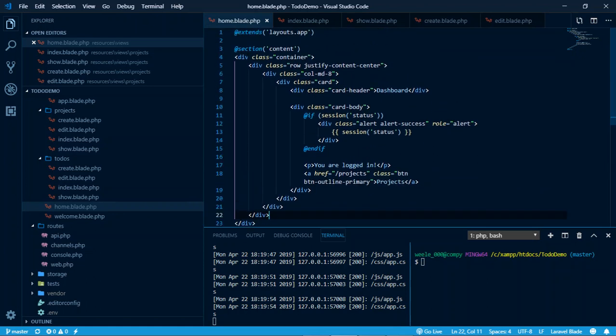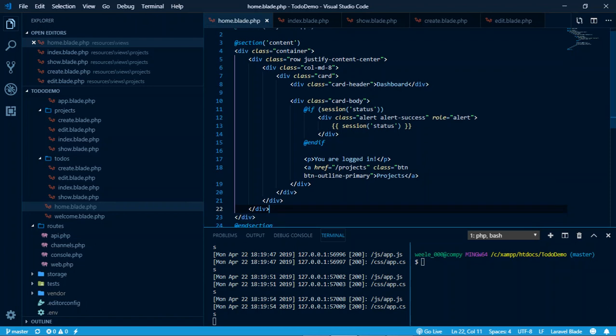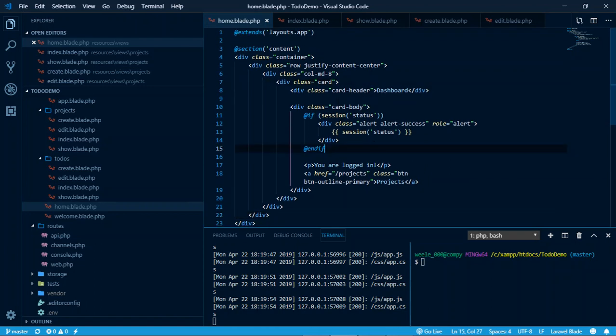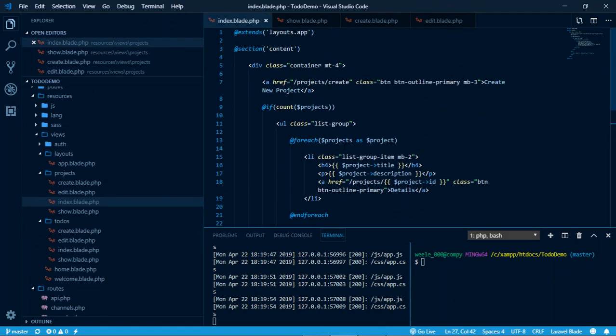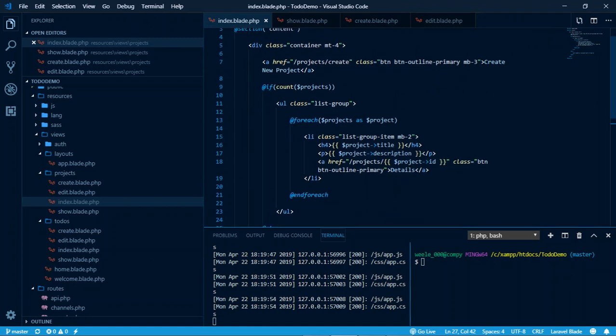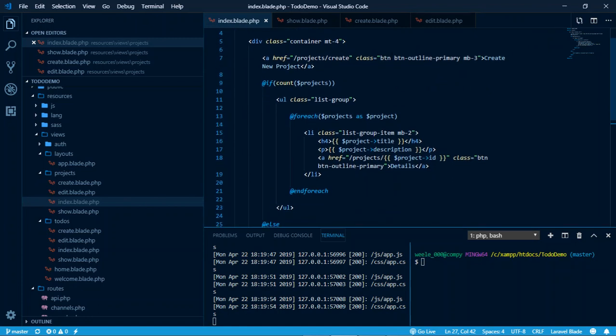but Blade syntax is really simple. So as an example, this is actually a bad example, we don't need to do this. This is the index of projects page. All right, and you can see we just did some basic Bootstrap stuff here, but basically this is the